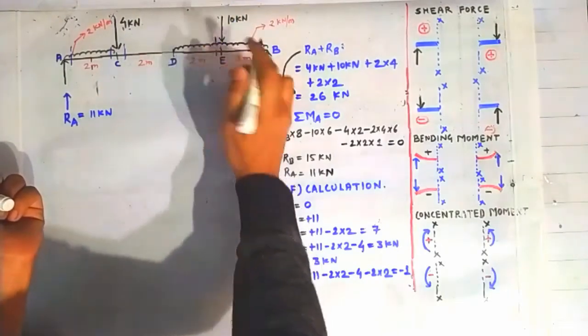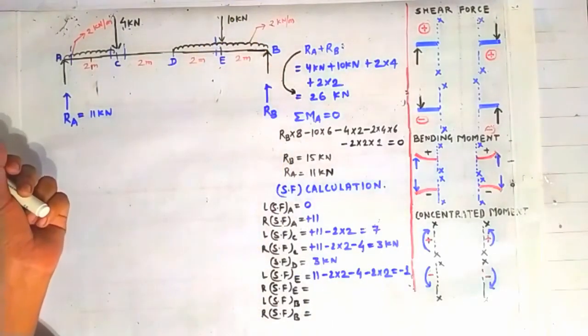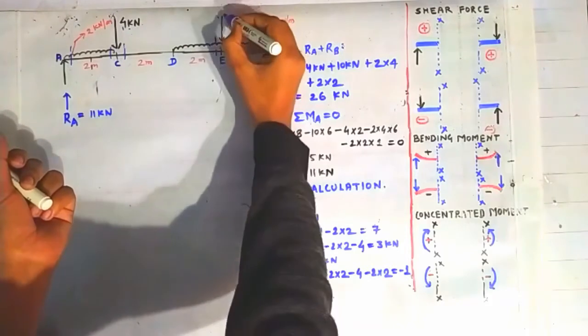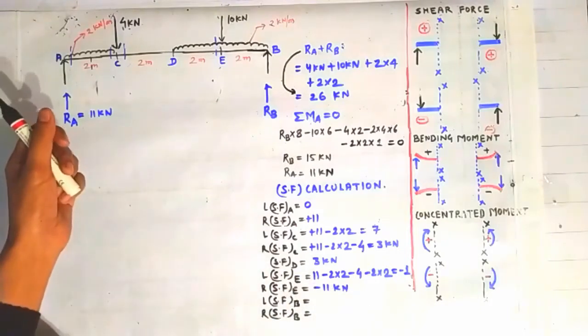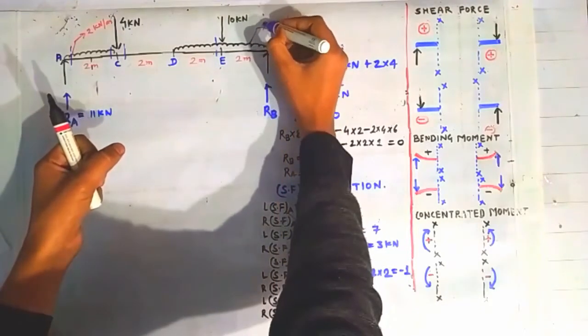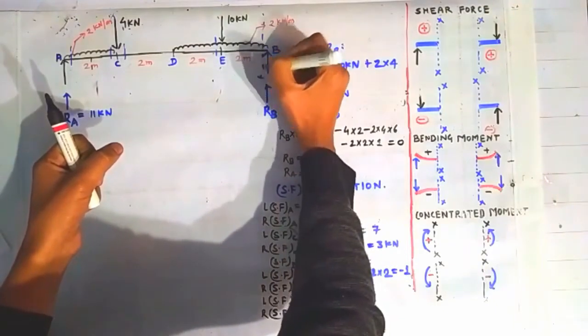Now shear force on the right side of the point E we will calculate. For that we have to again construct a section on the right side of the point E and do the same thing that we have done earlier, and you will find after doing that the shear force on the right side of the point E is coming out to be minus 11 kilonewton. And shear force on the left side of the point B, if you see, then you can see that we construct a section here.